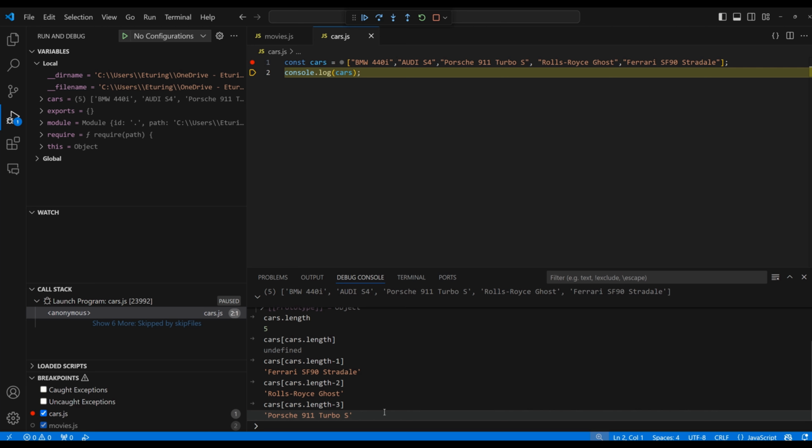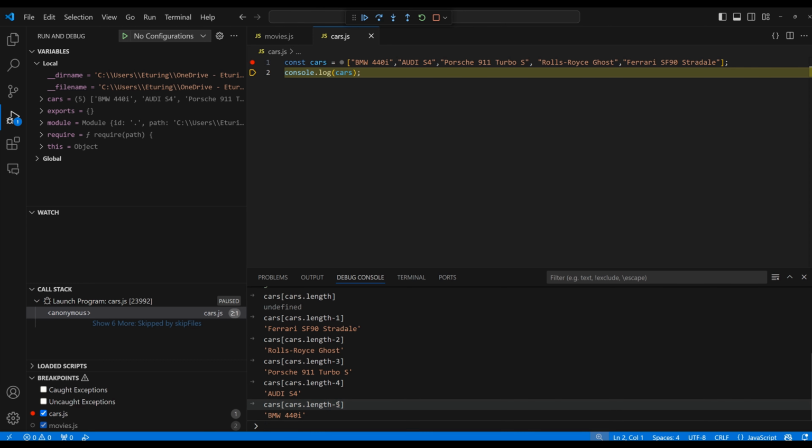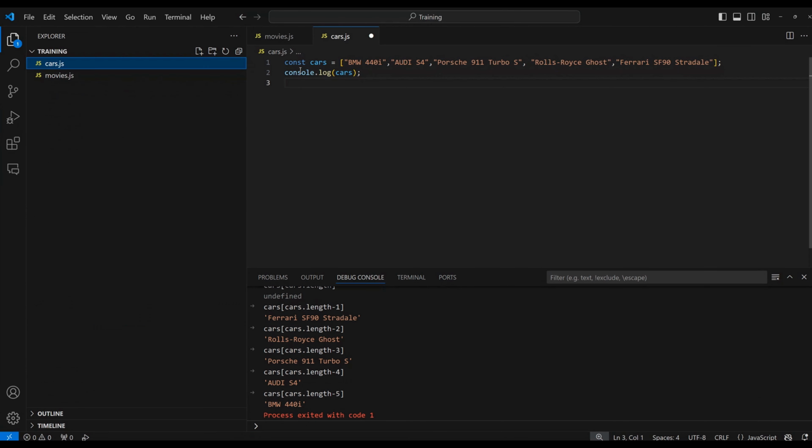We can use this expression to access every car in the array, including the first one on index 0. Just type cars.length minus 5. In the final of this video, let's create a small application. Let's type console.log.